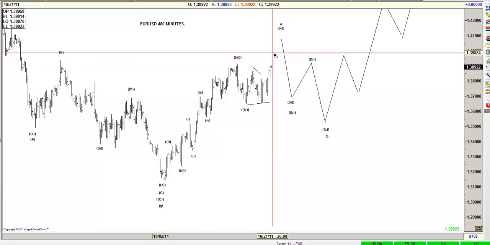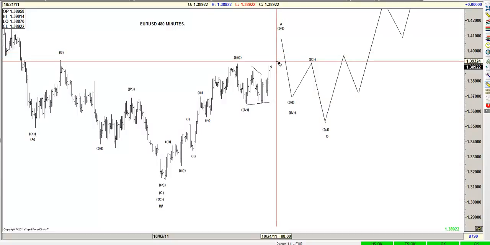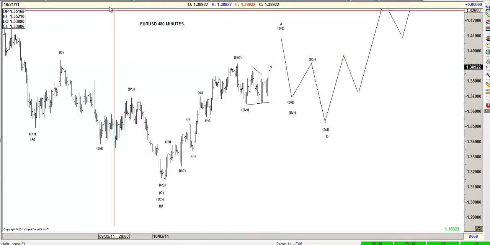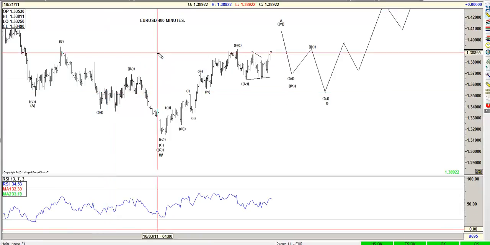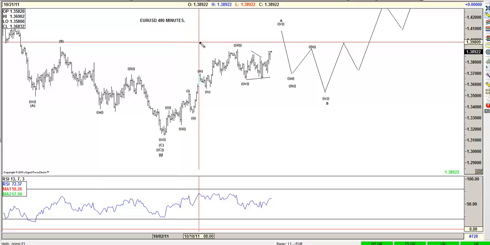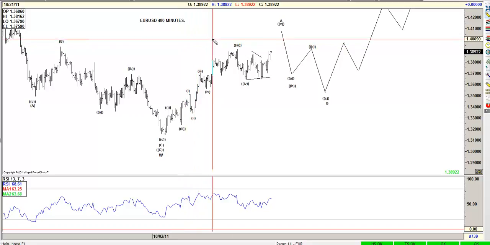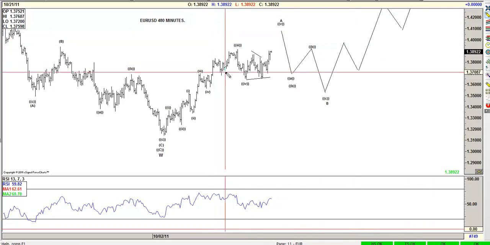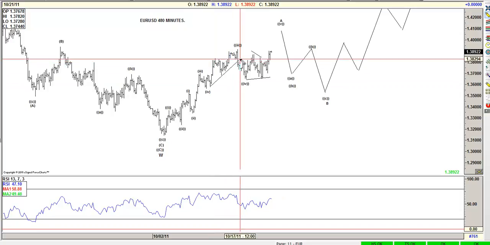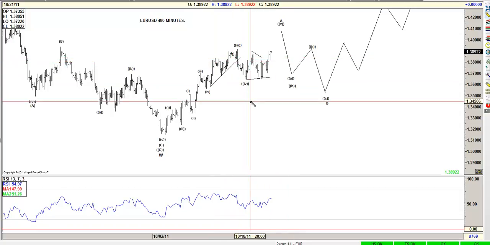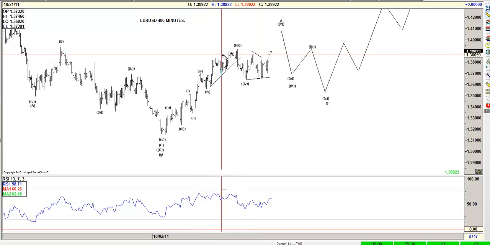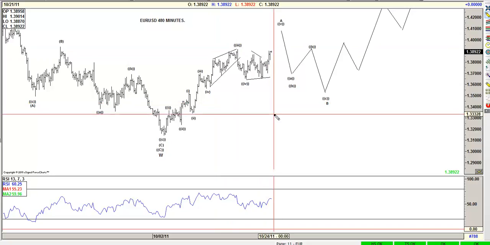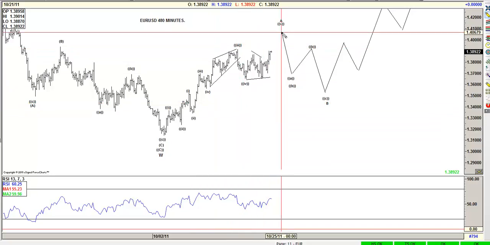Now, another thing that I want to show you guys is the RSI. Look at the RSI on the euro. Higher read on the RSI comes right here, wave 3. This high was wave 5. And look at the angle, guys. Look at the angles right here. This is a well-defined channel right there. You see, 1, 2, 3, 4, 5. So this is a well-defined channel. This is wave 3, 4, and a 5 coming in.